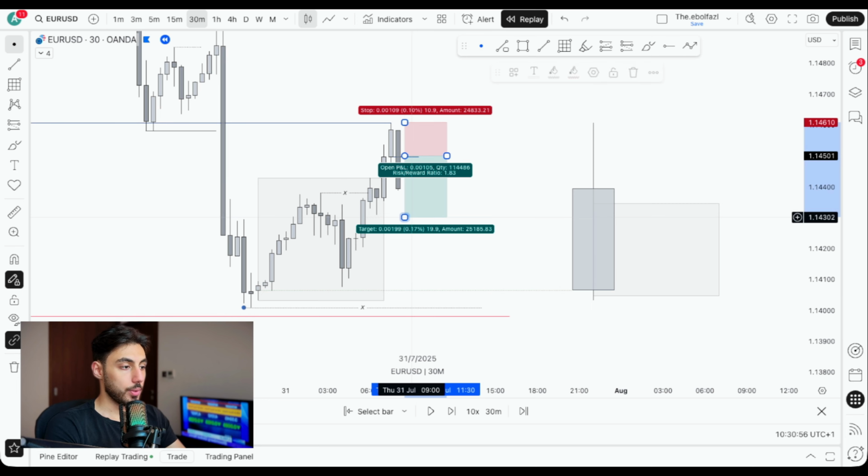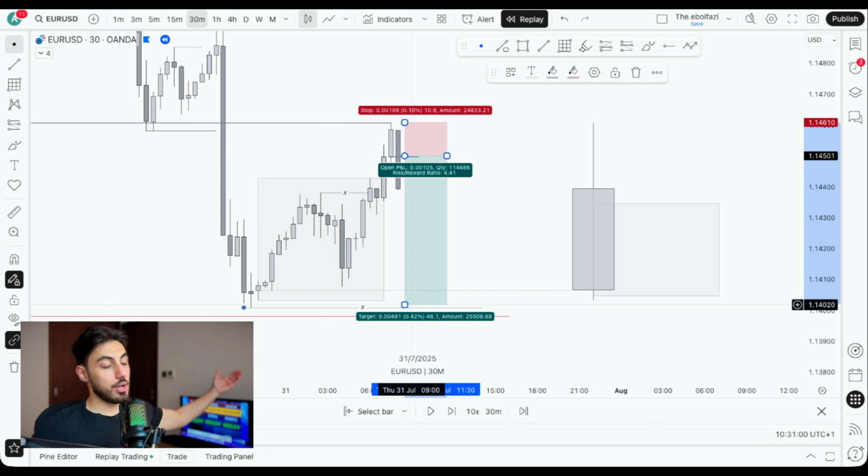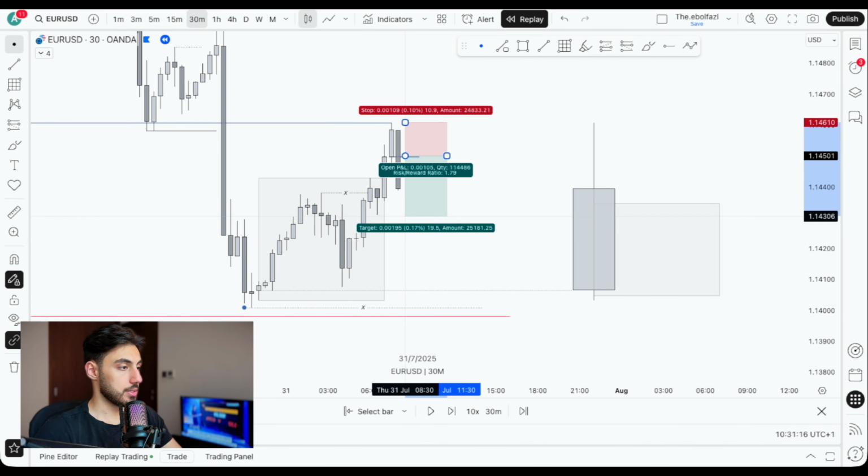Or I can also go with this one, but I'm not just going to go with the higher one because I know the higher the win rate, or let's say the higher risk reward I'm going to have, the more break evens I'm going to have. Because I'm trading with, let's say, 6-figure capital, if I want to risk 1%, one risk reward is going to make me $1,000. So I want to have a high win rate but consistent trades. So I'm going to go with the nearest liquidity in this case, this one, which is going to make me 1.7 or